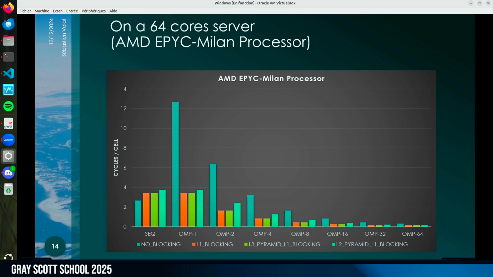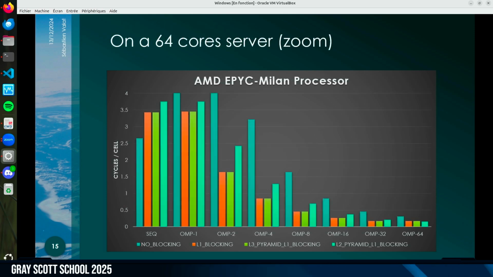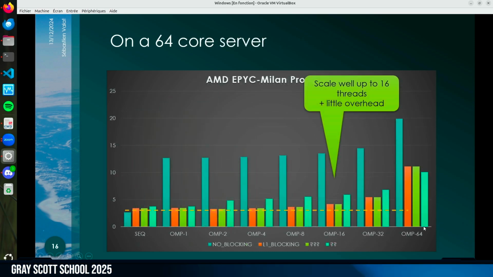It looks like this. Of course the OpenMP version is not running well, so I cut the plots. And we can see again that with the blocking, here I tried with L3 blocking or L2 blocking, we are still winning a bit of performance. Can plot again with resources. We can see here that we scale up to 16 threads, roughly. After that, we start to pay a price due to the scheduling or something we will see Friday, which I forgot here, to scale on a large machine.